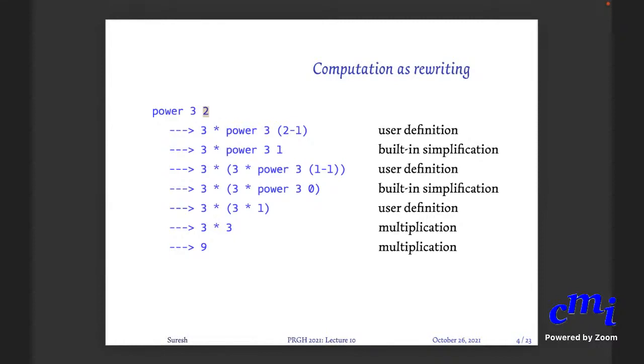You can't compare 2 minus 1 with a number. Yes? You can't compare an expression with a number. You can compare an expression with a number, but you need to evaluate it to see whether it is 0 or not. Basically, that is the point. So you have an expression 2 minus 1. You want to evaluate it and then you want to see whether it is 0 or not.